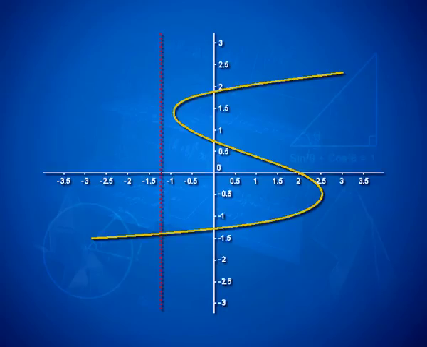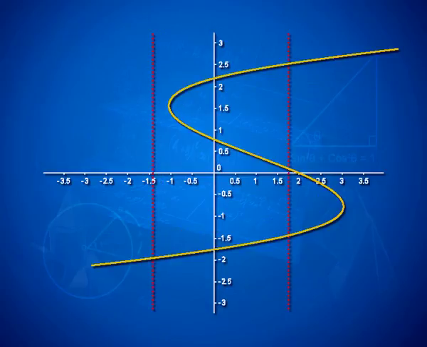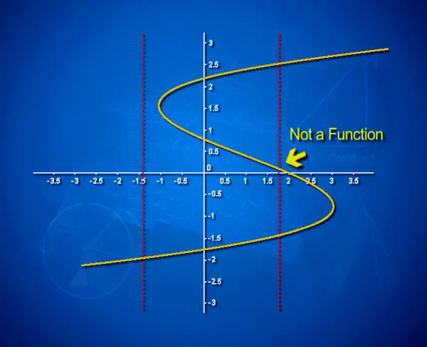Similarly, if I take another graph, drawing one line is not enough, because in this position this red line is not cutting the graph at more than one point. But this must be true for all vertical lines that can be drawn. So, the moment I take another vertical line at a different position, it cuts the graph at not one, but 3 points,